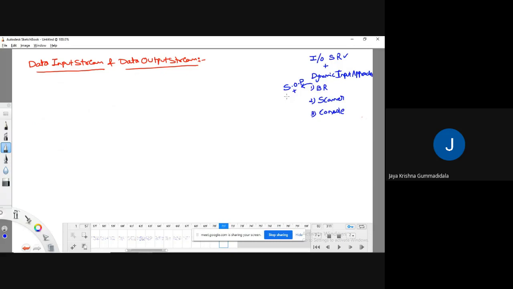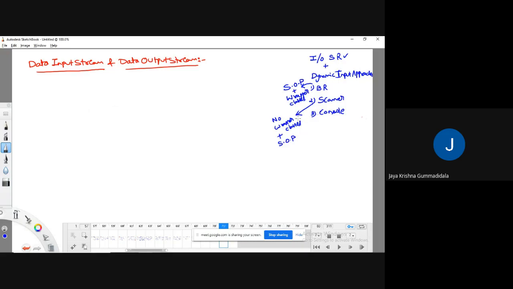Every time we need to use the concept of wrapper classes in order to get the corresponding data in the required format. But coming to the scanner class, there is no need of using wrapper classes. But the problem is every time we need to write system.out.println in order to represent the correct expression to the user.